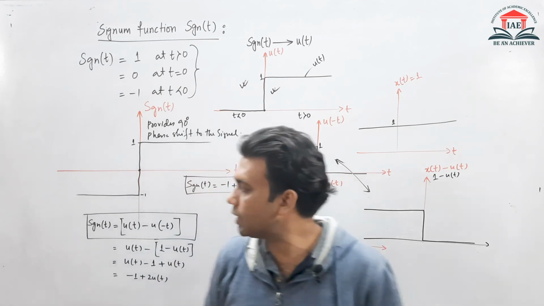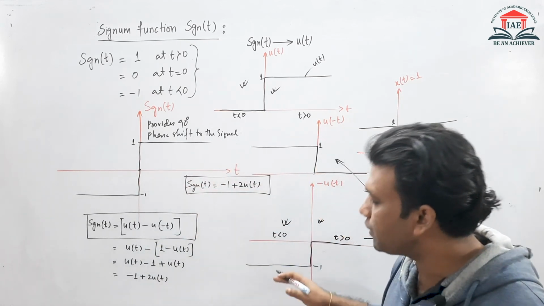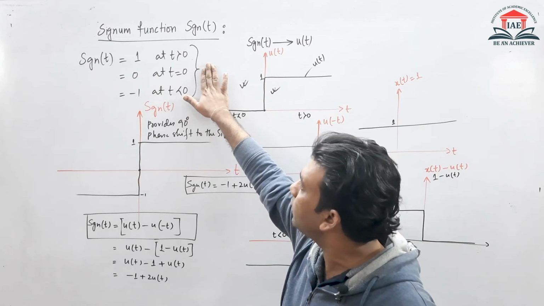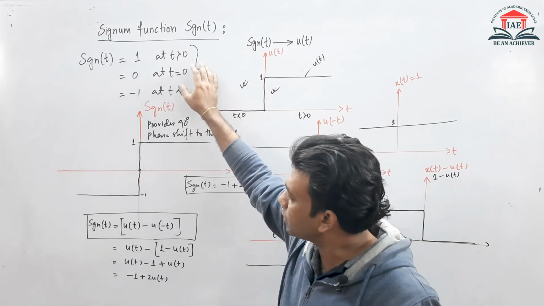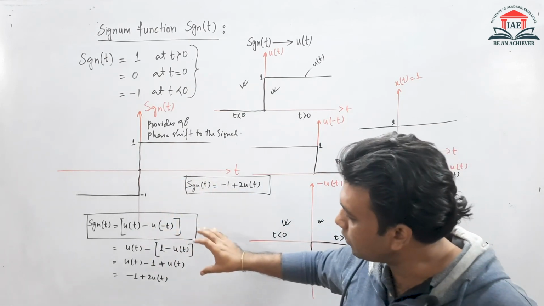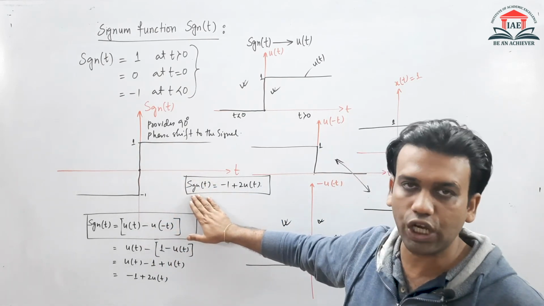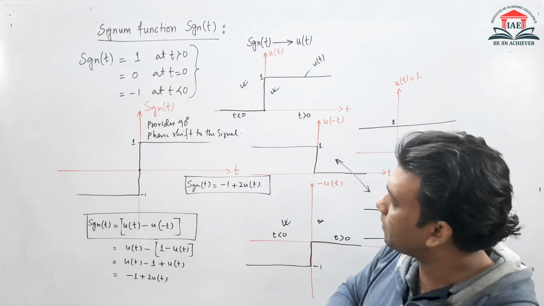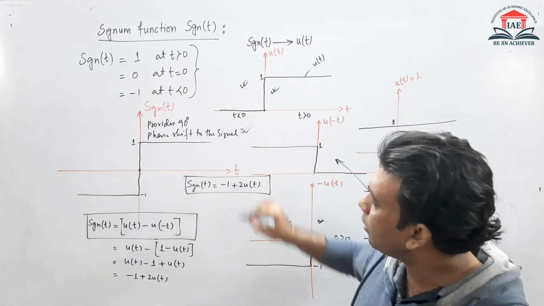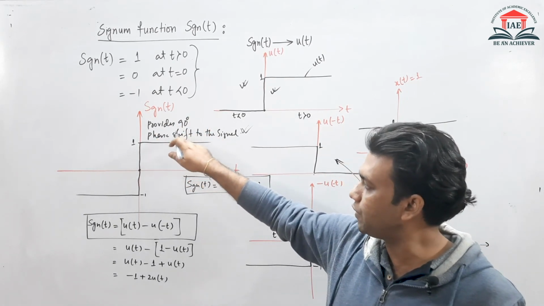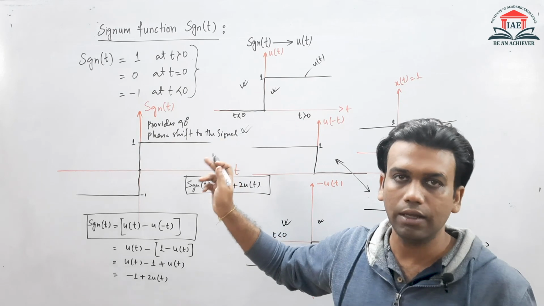So the explanation of the signum function that I did here, you can see that first I wrote the mathematical equation of the signum function, after that the graphical representation, then we represented the signum function using the unit step function. Then we discussed the importance of this signum function, which will provide a phase shift of 90-degree to the signal. So this is all